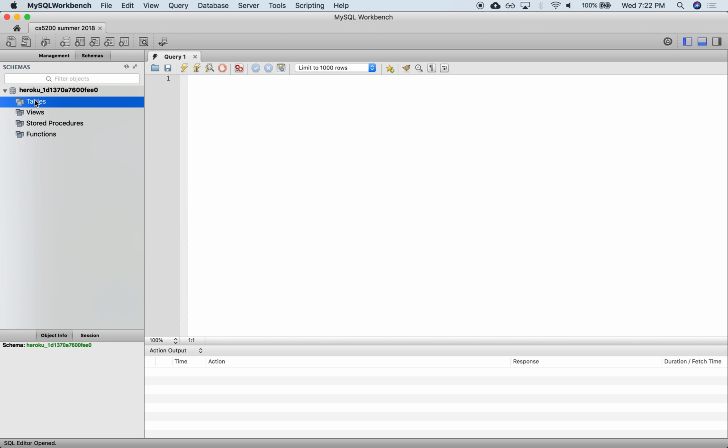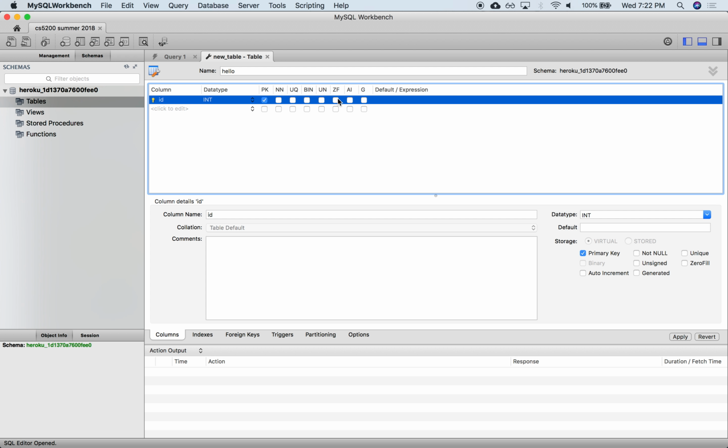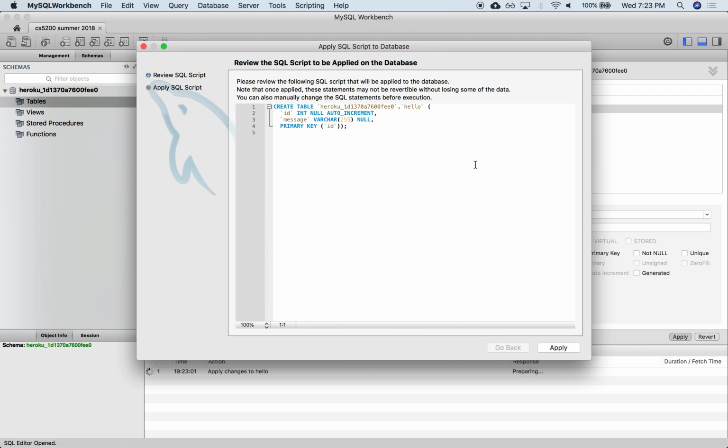Just to verify that we have a connection, that we have a working environment, we can create a table, maybe a hello table, that has an ID, which is a primary key that is automatically created for us, and has a message that is a varchar, maybe a little bigger. And we can apply, and that's the schema, the create statement that creates the table. Notice that because we configured it to be auto increment, it adds that